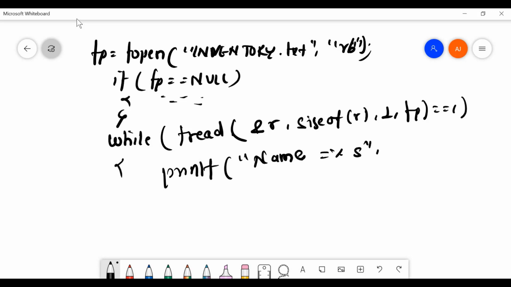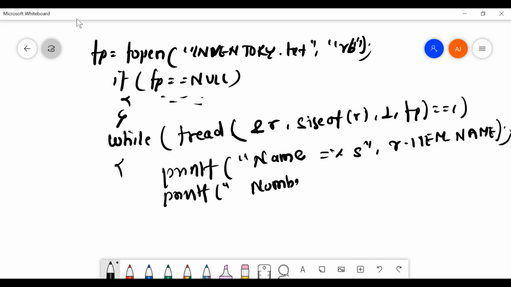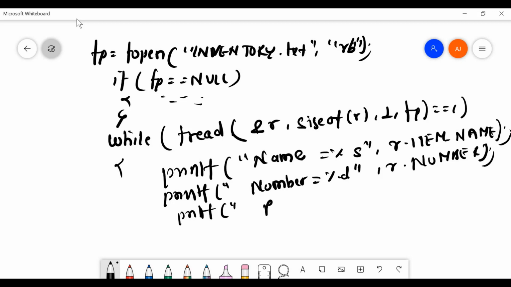So printf name equals to %s, r dot item name. Next is printf number, which is equals to %d, r dot number. Next is printf price, which is equals to %f, r dot price, and last is